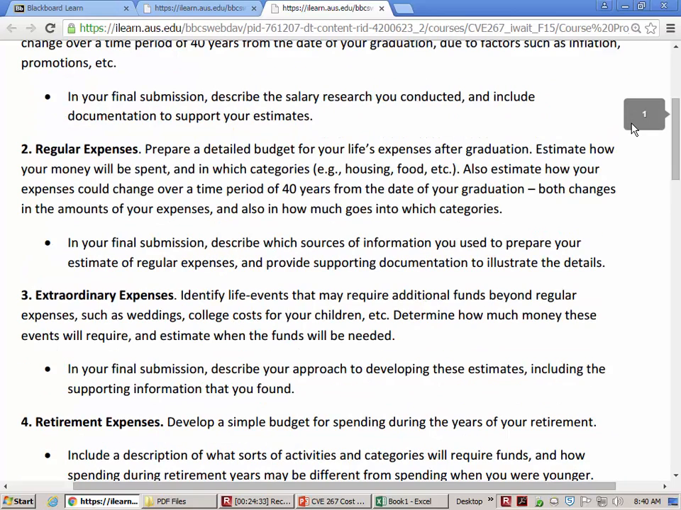Part 2 is an analysis of your regular ongoing expenses. And this should be the sort of things I'm saying, housing, food, and so on. Break down how much does it cost to live where you're planning to live. Maybe you'll be staying in the Emirates. Maybe you'll be living somewhere else. So do some research, look up online,